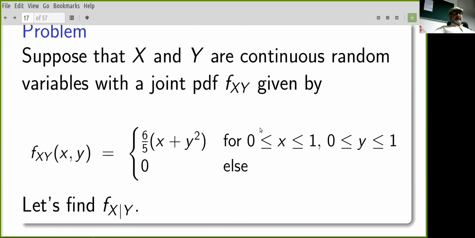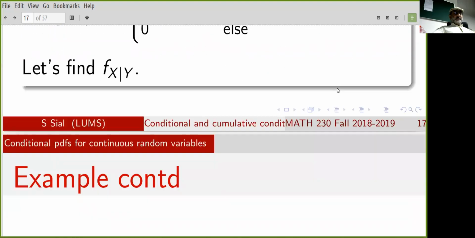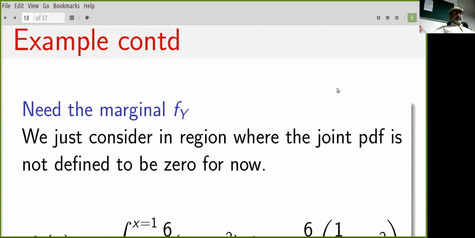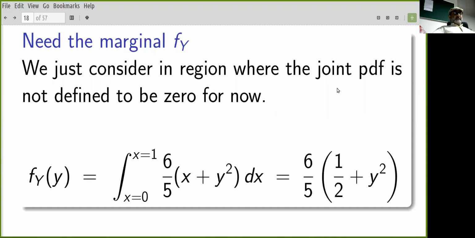You integrate out the x, and then you'll be left with the marginal for y. So we're going to find the marginal PDF for y. And so to do that, you integrate the joint PDF,